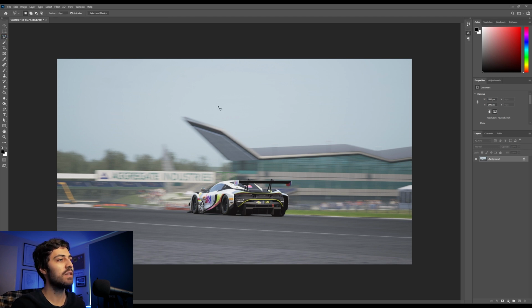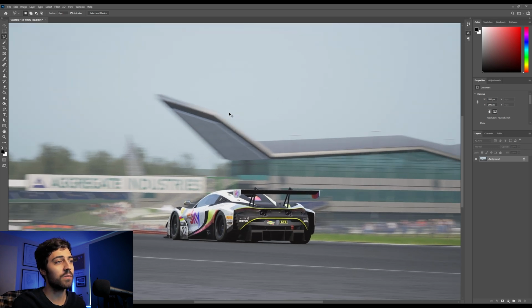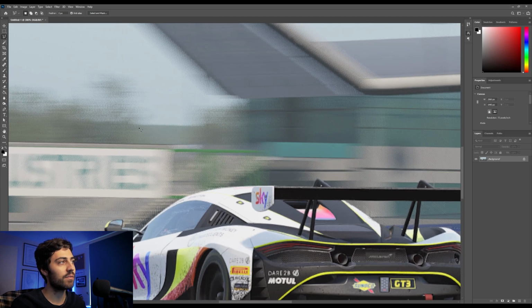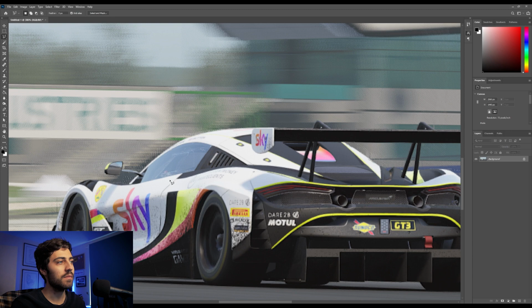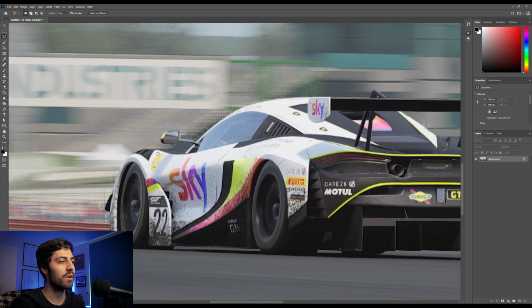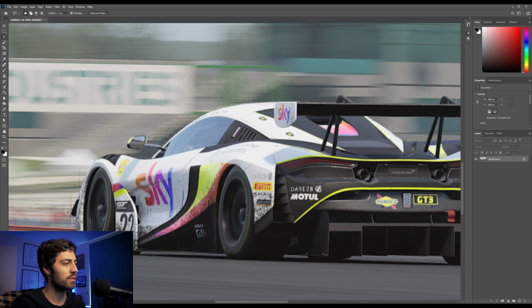So first things first, the motion blur. I don't know if this is just because of my setup or my game or the way I've got it running, but I always seem to get these little fuzzy, not very nice bits around the car, which is a bit annoying. So a little trick that I always do first,